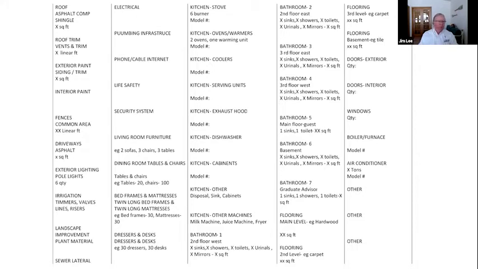Plumbing, whoever did this didn't exactly have plumbing spelled right. But in your plumbing, if you have galvanized pipes, those are eventually going to need to be replaced with copper. If you have polybutylene plastic piping, that's going to have to be replaced, and so on. Phone, cable, internet, maybe phone is obsolete in this description here, but the cable and internet infrastructure, replacement of routers, all those kinds of things need to be